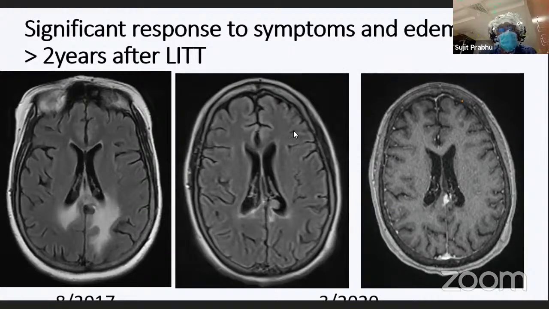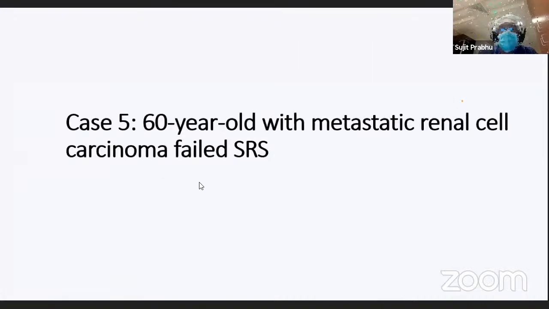I'm sorry, this is 2 years after the treatment. You can see a very nice response to laser interstitial thermal therapy to radiation necrosis. In fact, this is the most recent scan. So you can see we've got an excellent result 2 years after treatment. This is another case, a patient who,